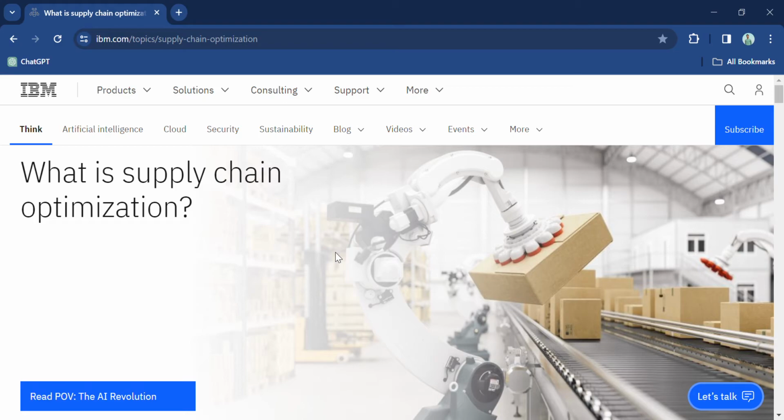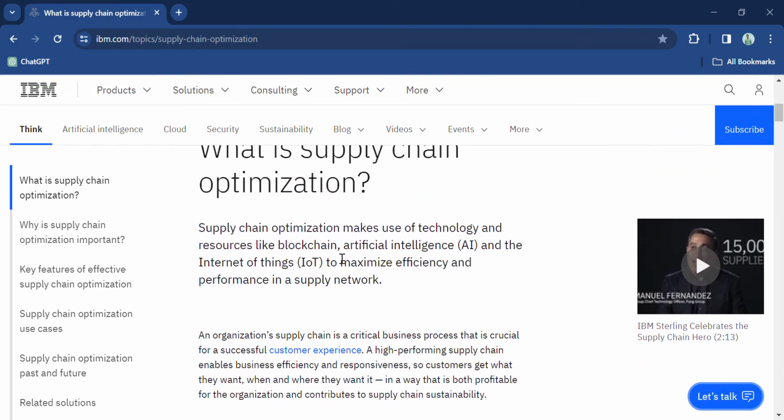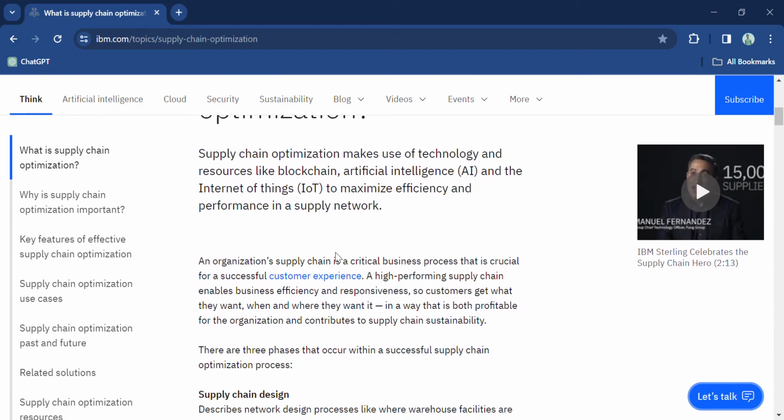So today we are on the website of IBM.com, and on this website we are going to learn about supply chain optimization. What is supply chain optimization? Supply chain optimization makes use of technology and resources like blockchain, artificial intelligence, AI, and the Internet of Things (IoT) to maximize efficiency and performance in a network